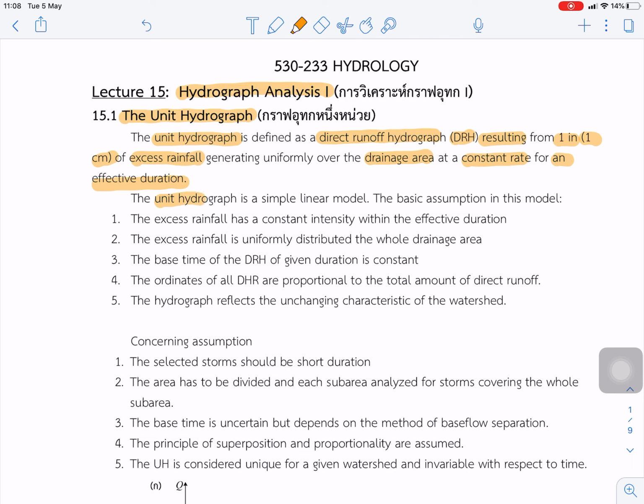The unit hydrograph is a simple linear model with basic assumptions. The first assumption is that excess rainfall has a constant intensity, okay, with one duration. The second is that excess rainfall is uniformly distributed over the whole drainage area. The third, the base time of the direct runoff hydrograph for a given duration is constant. And fourth, the coordinates of all direct runoff hydrographs